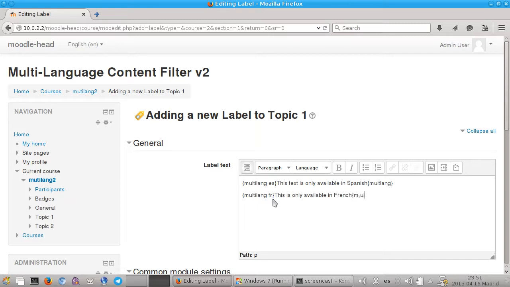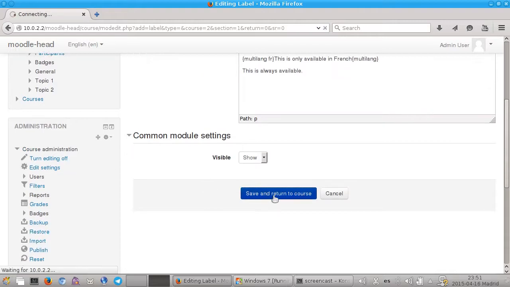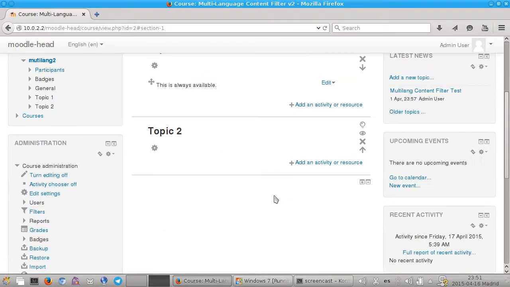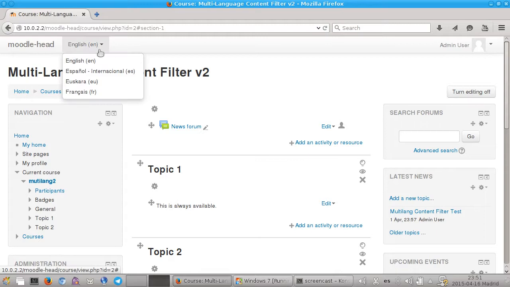I keep adding more things, sorry about that, and this is going to be always available because I don't use any language tags. Okay, so the syntax is really simple, and if I save and return to the course, I already installed several different language